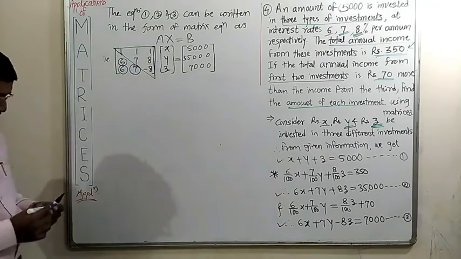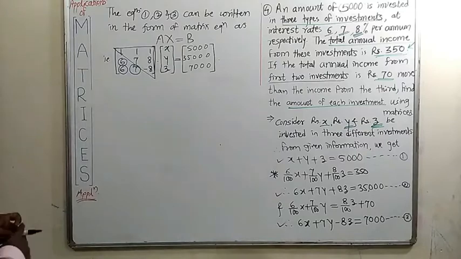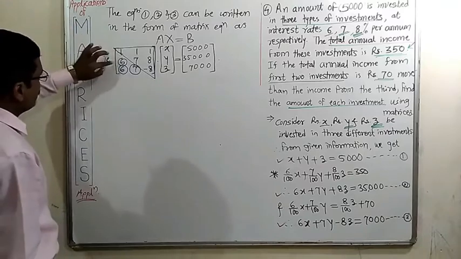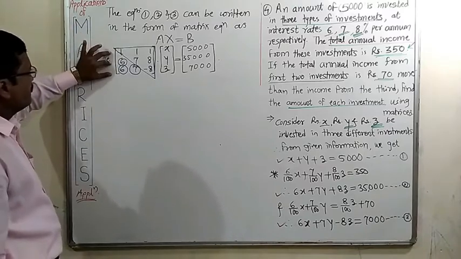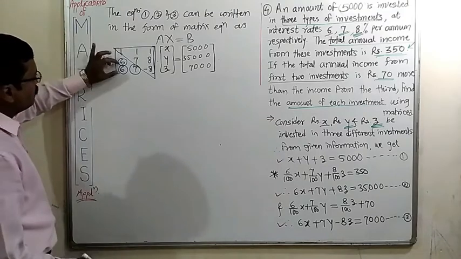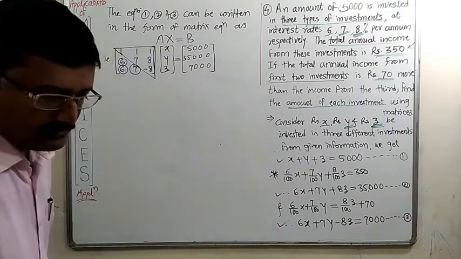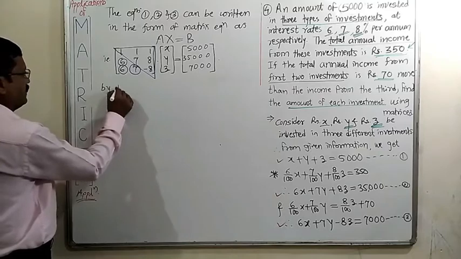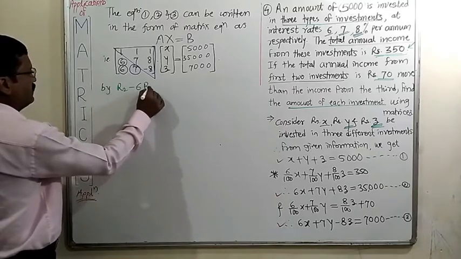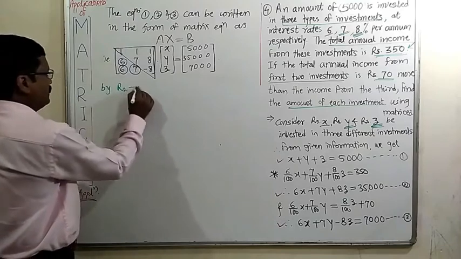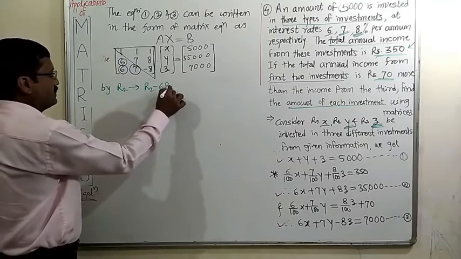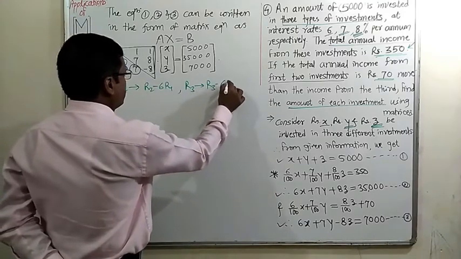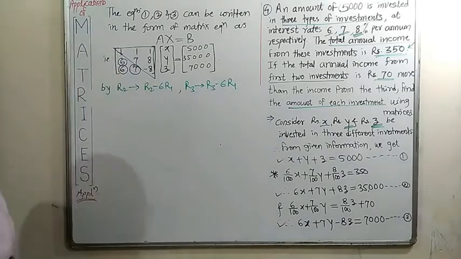Okay, let us start. What to do first? Only here 1 is present, so it is not difficult to convert this 6 and this 6 into 0. So R2 minus 6 times R1 and R3 minus 6 times R1, and we will get both these elements as 0. So R2 implies R2 minus 6 times R1, and R3 implies R3 minus 6 times R1. We can use this first row element.